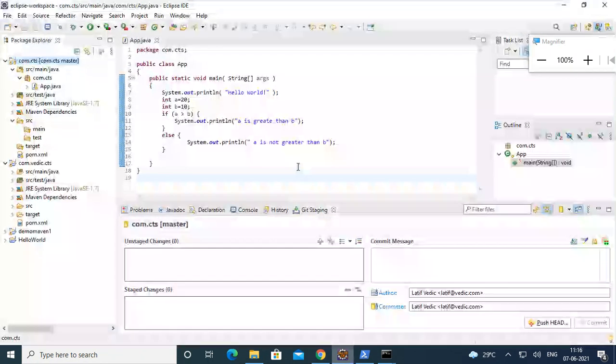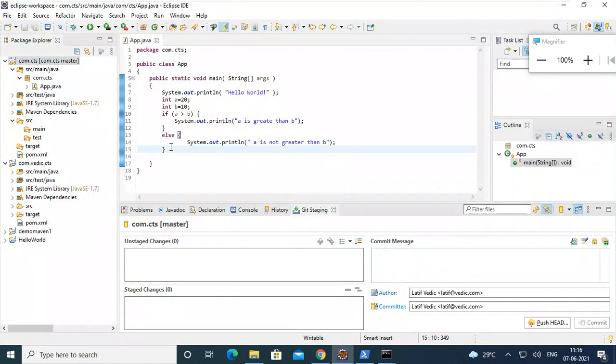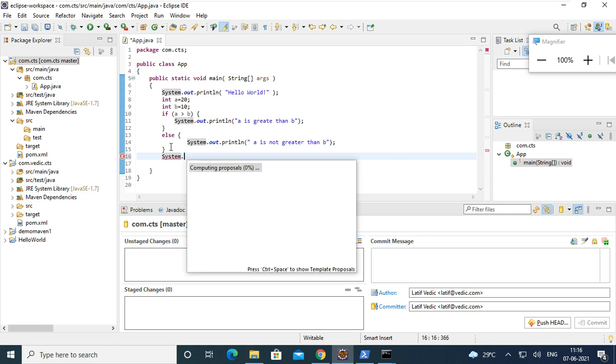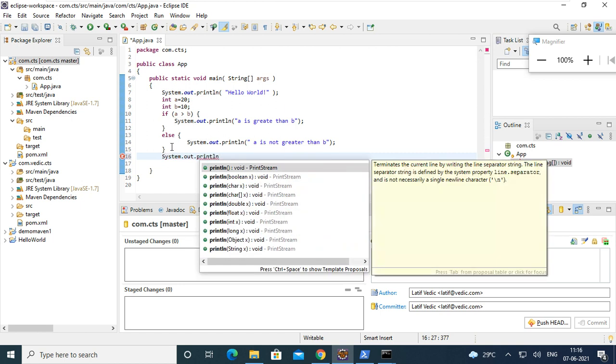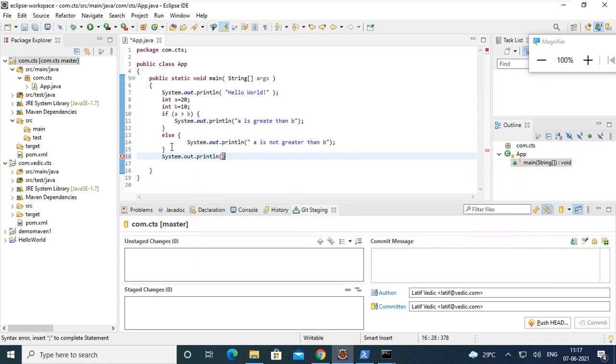Next, for example, you want to build further. For example, System.out.println.